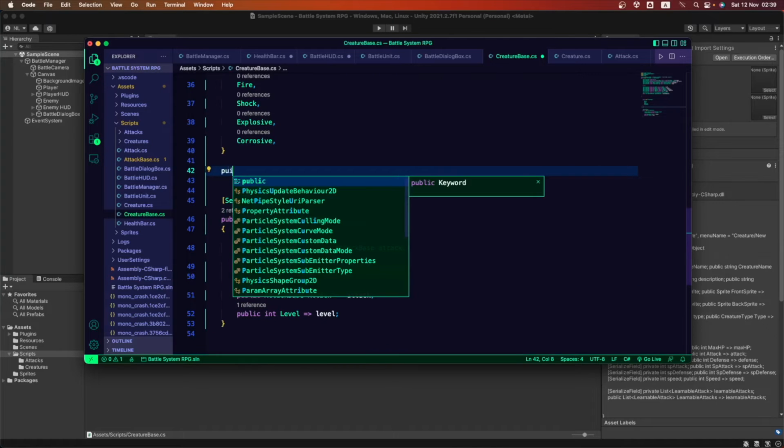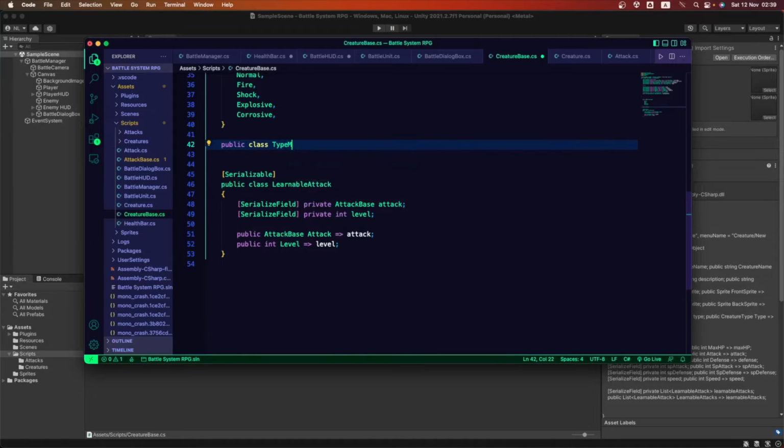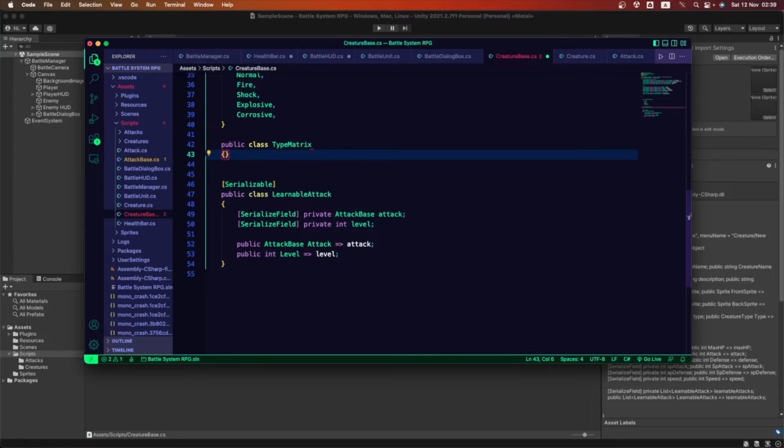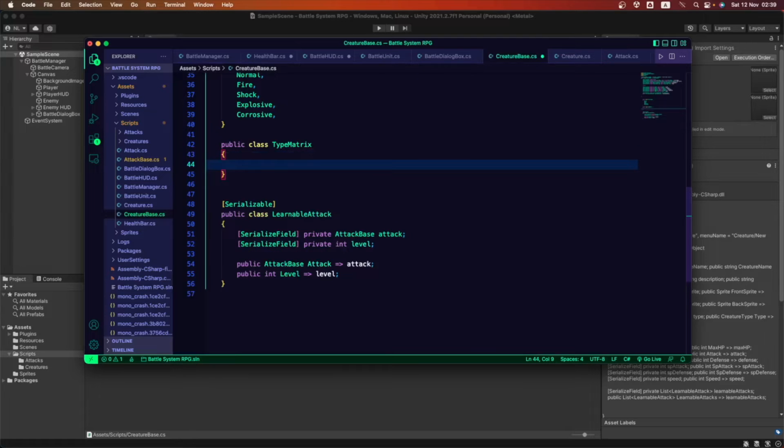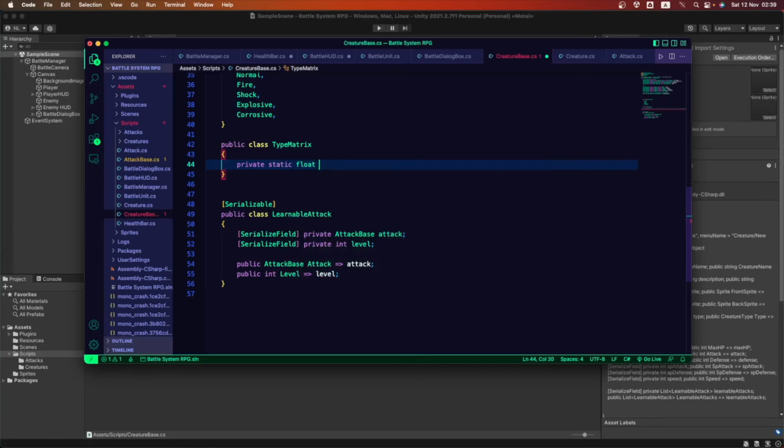So we're going to create a new public class. This is going to be called TypeMatrix. Okay, so there it is. Let's open up and close curly brackets, and first, this is how we declare these matrices. This is going to be a public static float, because we're going to get a float result from this.